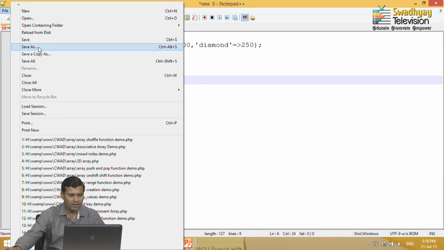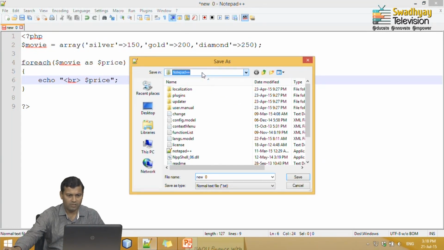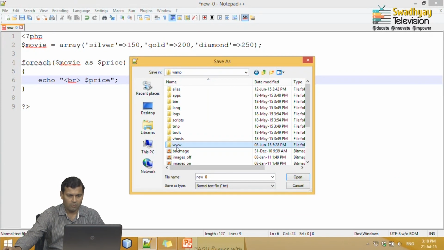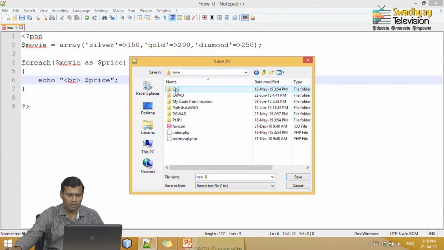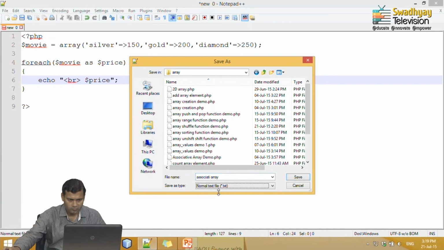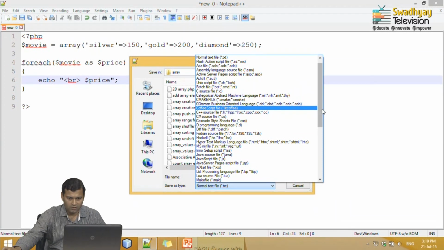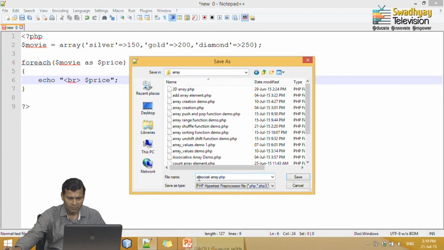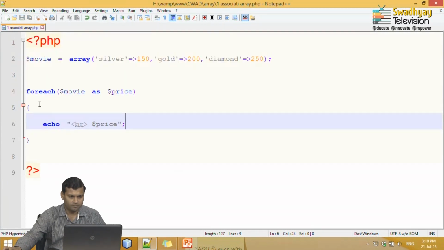I go to File, Save As, and I will save this into my WAMP folder, in www, where I created a folder cwed, and inside it array, associate array, with a PHP extension. I give it the name first associate array dot php, and let me save this.